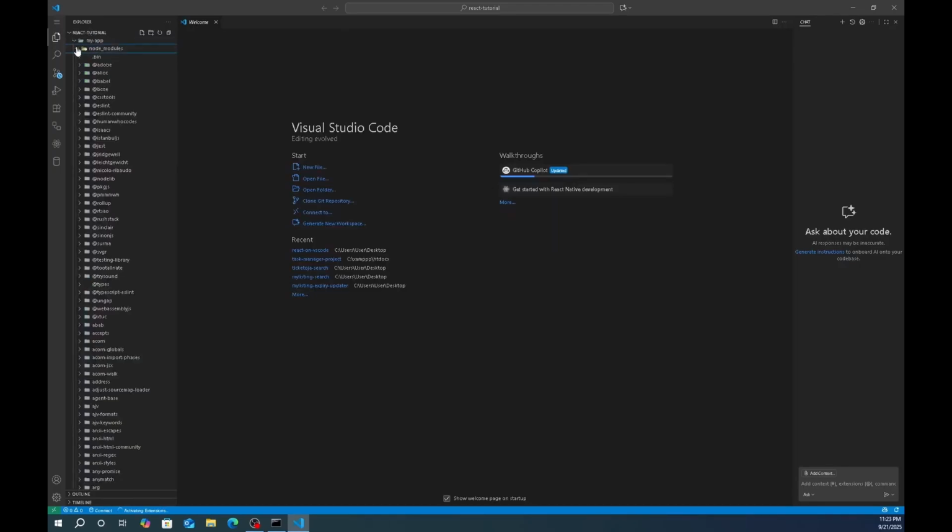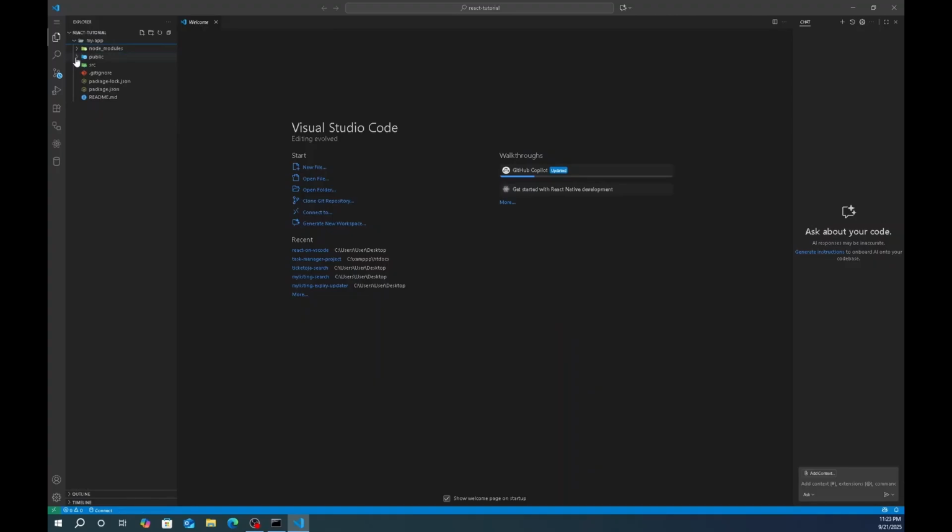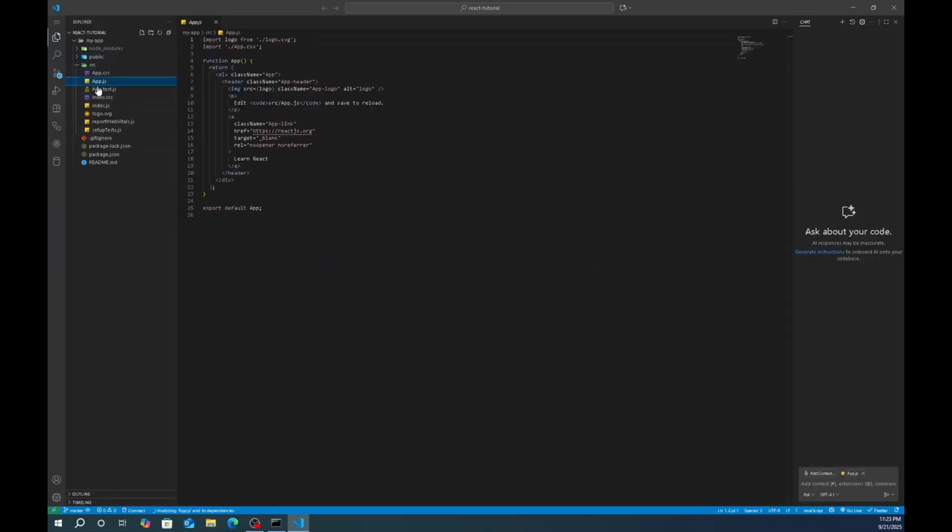Here you are going to have node_modules, and you are going to have the public folder, and also you are going to have the src folder where you are going to do most of the work, let's say. So here is App.js, and if you are familiar with the React syntax, you'll know that HTML is rendered inside